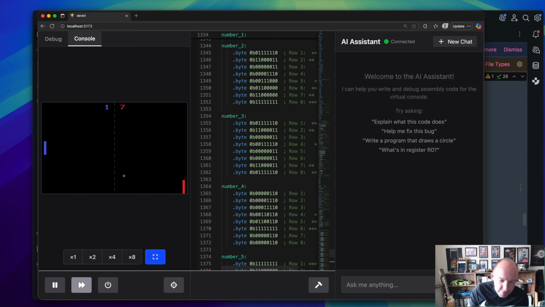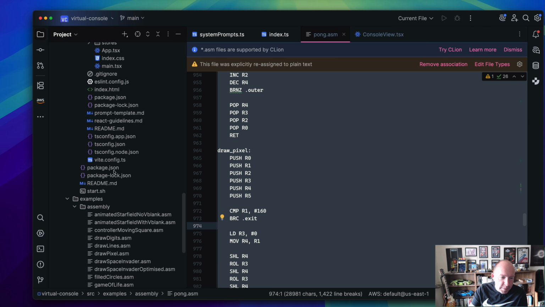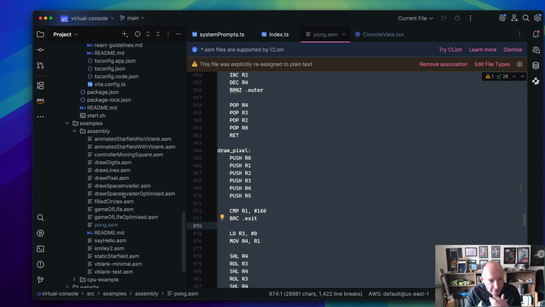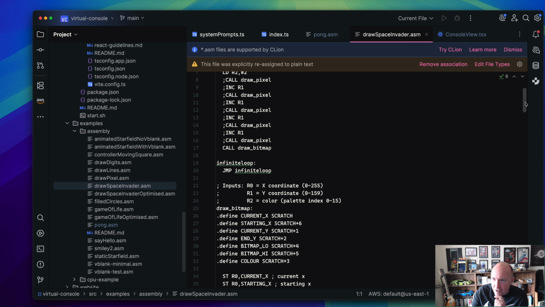So if I look at WebStorm, you will see, if you were to check out the repository, there are more examples now. One of the ones that you would see in here is Draw Space Invader, which was my first go at this. And I took the draw pixel